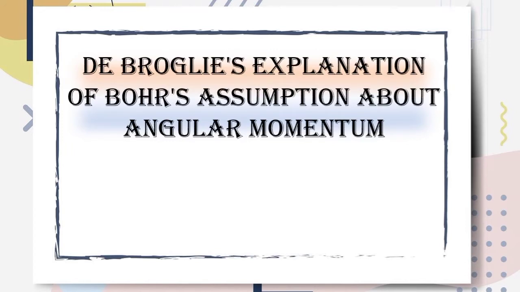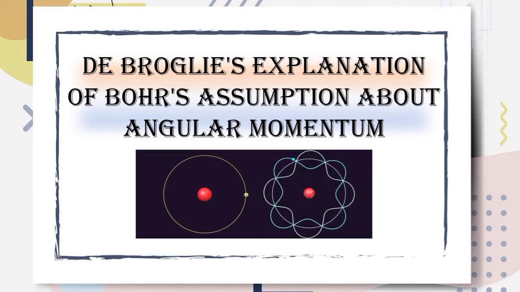The topic that I'm going to discuss today is related to quantum mechanics, which is Louis de Broglie's explanation of Niels Bohr's assumption about angular momentum. On the previous lesson, which was discussed by Mrs. Kapalad on Niels Bohr's atomic model and the hydrogen atom, she mentioned that there are various postulates on Bohr's atomic model. So my topic is Niels Bohr's second postulate, which is about the angular momentum of an electron.